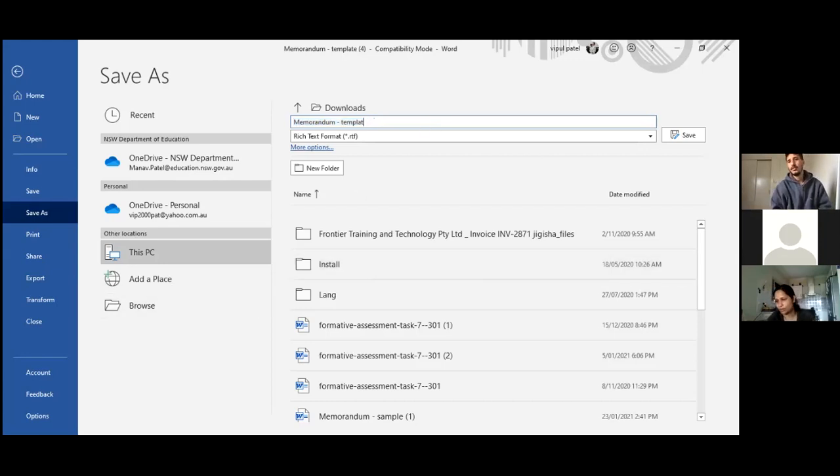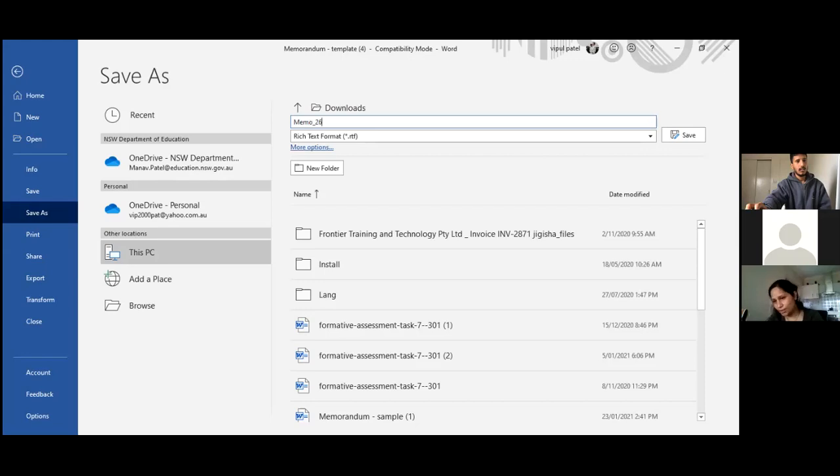It's going to be memo underscore today's date underscore draft. Today's date. What's today's date? So that's going to be 26th January. 26/01.